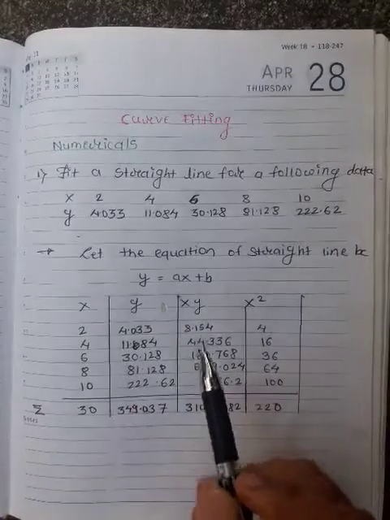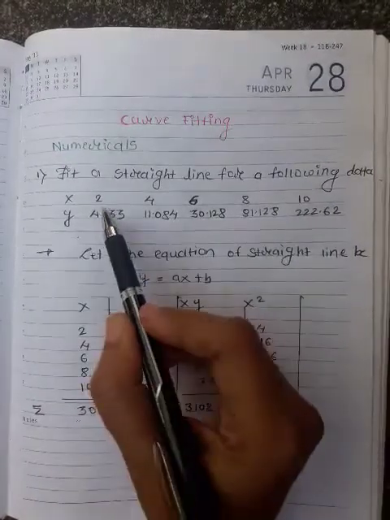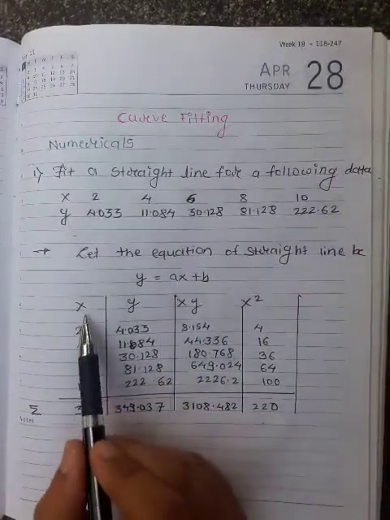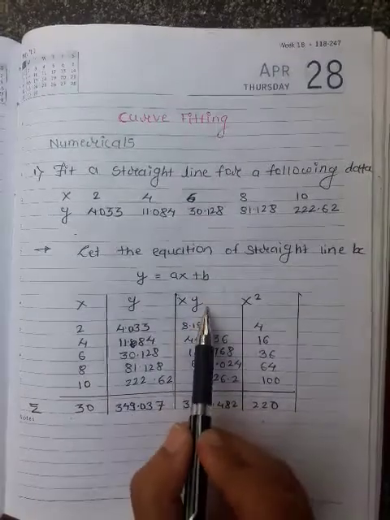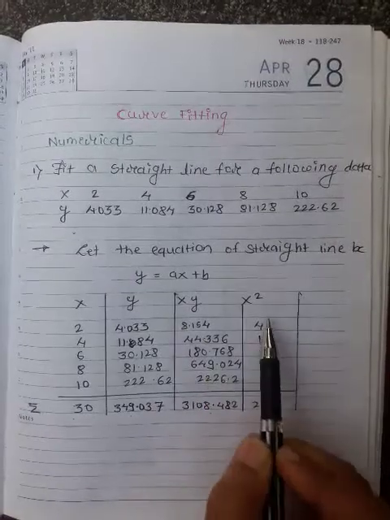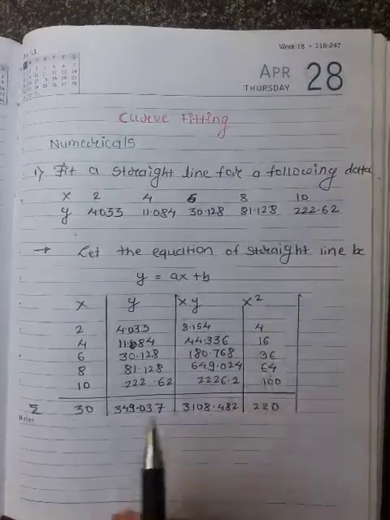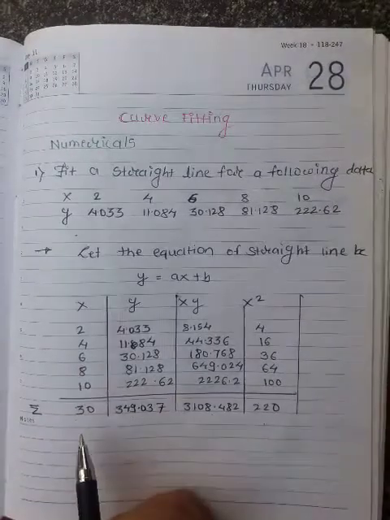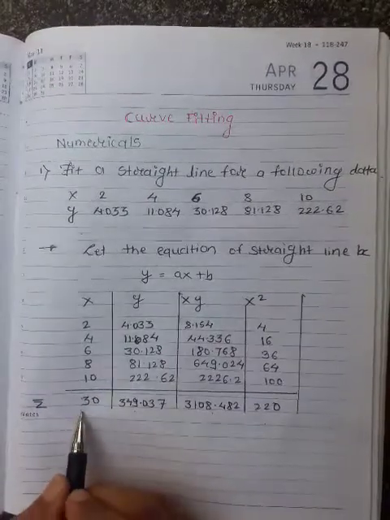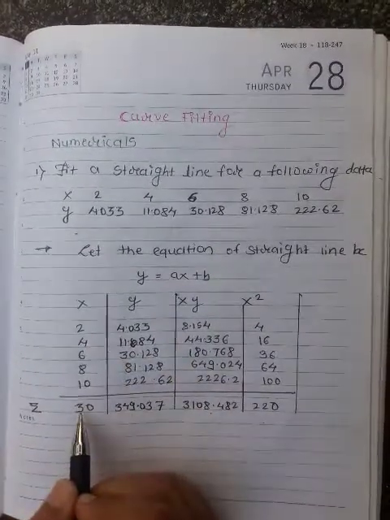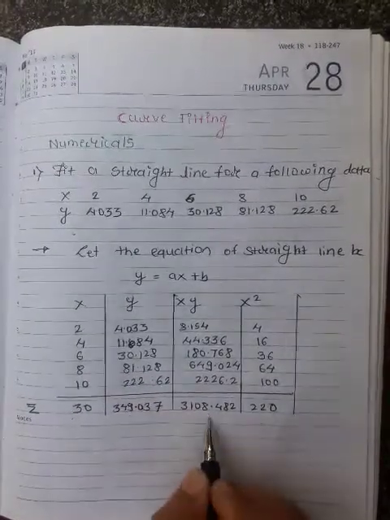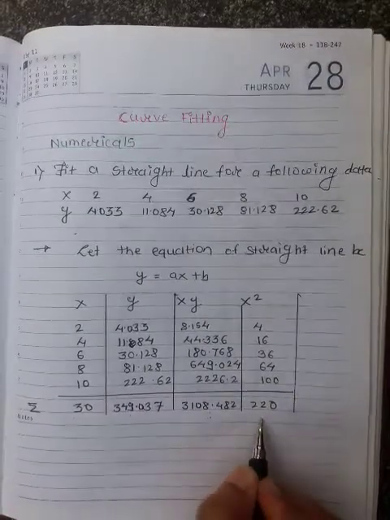So the first step is that you have to prepare the table by using the values of x and y. So there will be 4 columns. First column is x values, then y, then xy. You have to take the product of these two columns and enter the value of xy, and the last column is the x square values, and at the bottom you have to make the summation of all these values. That means 30 is nothing but your summation of x. By adding all the values from the x column you will get the value of summation x. Similarly this is for summation y, summation xy and summation x square.